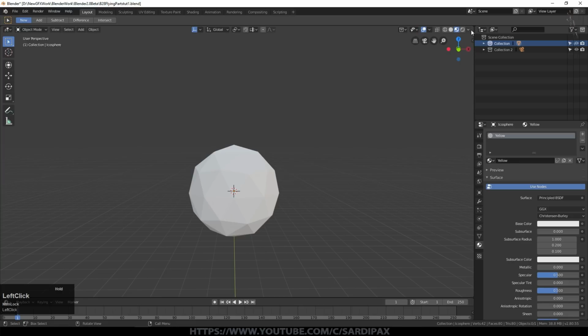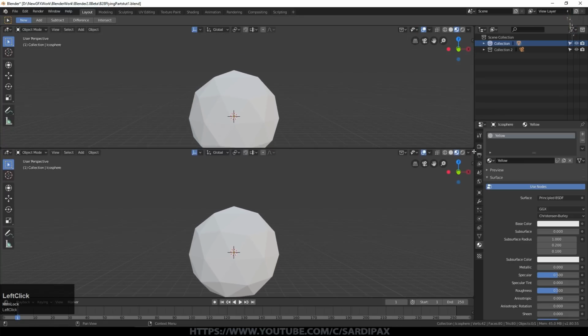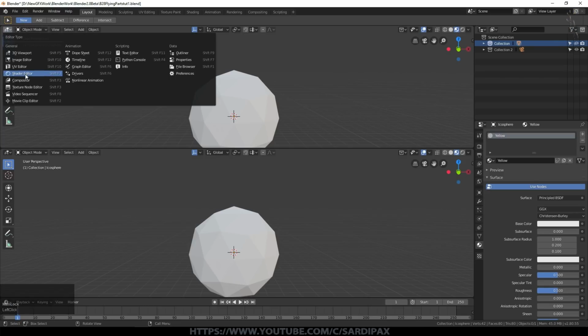I'm going to click right on the corner there and pull down. It's a little bit tricky with this version. I think they need to put those chevrons back. And you have to click in that little tiny area there and then left click and pull down. Then I'm going to come up here and change this window to the shader editor.